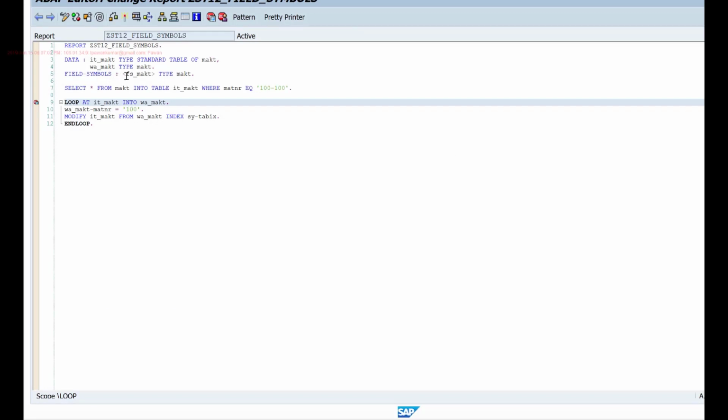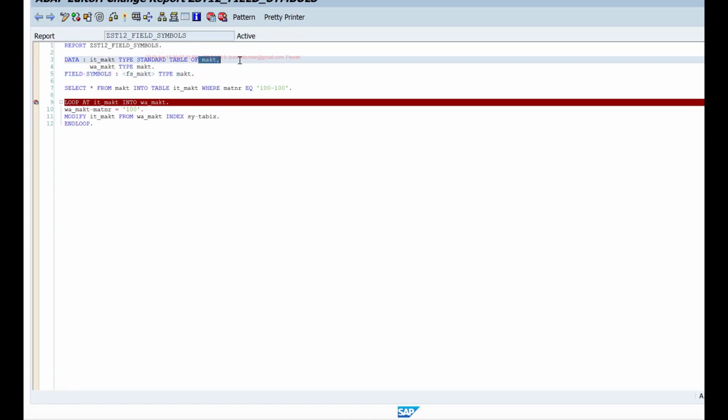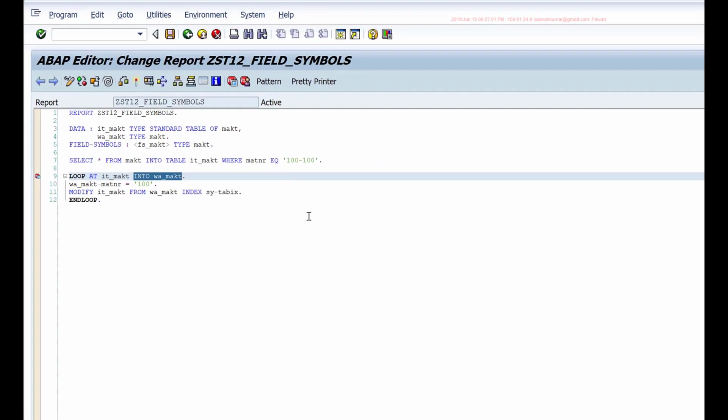Now to use this field symbol as a work area for my internal table, the field symbol should be of the same type as my internal table. So here I've defined my field symbol as MAKT, which is the same as my internal table line. Then instead of saying loop at IT MAKT into WMAKT, the syntax is loop at IT MAKT. With field symbols, we use this keyword assigning. So I'll say assigning